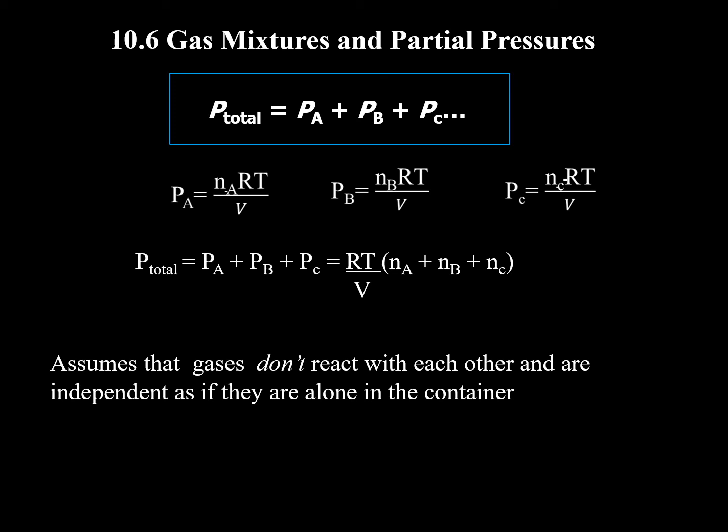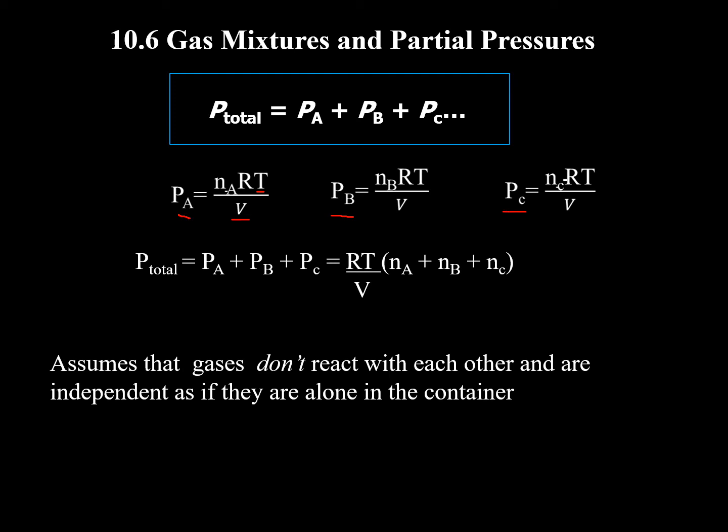We have here a new concept, which we'll derive in a second. We have here the total pressure, PA plus PB plus PC. We saw this in the previous slides. For each particular pressure, we can derive the ideal gas equation or implement that. So Na, the moles of gas A, times R, gas constant, times T, the temperature, divided by V. If we can do that for each